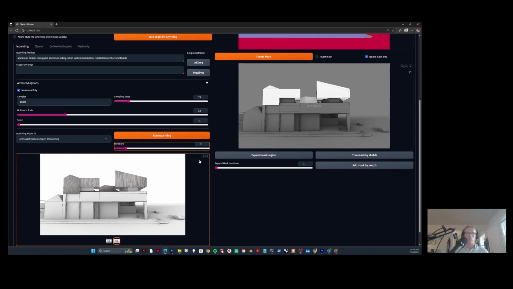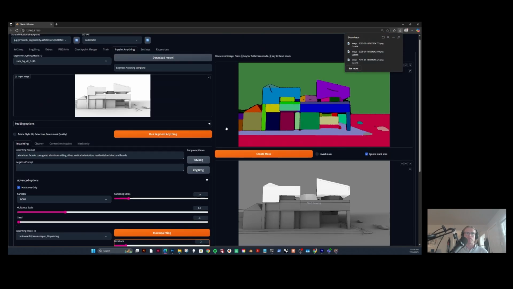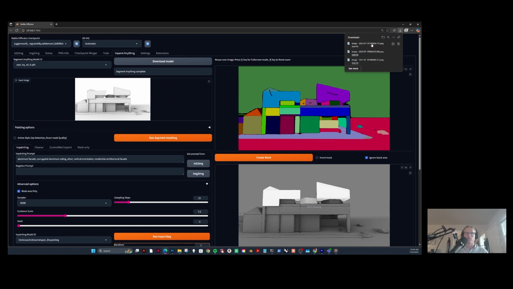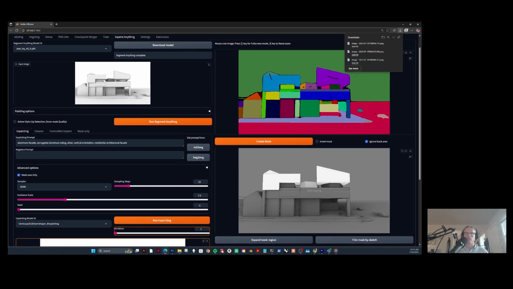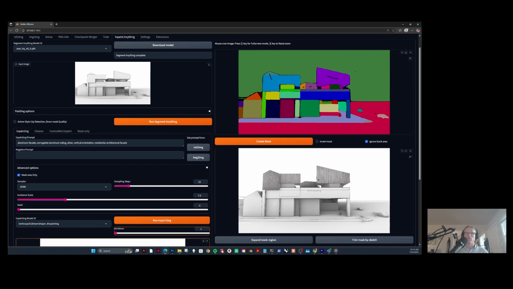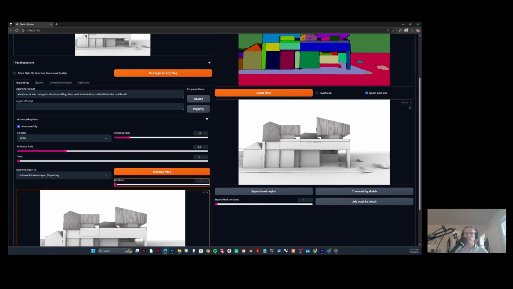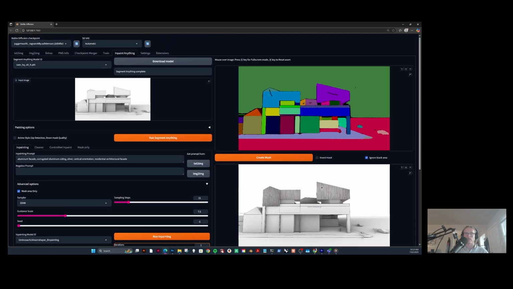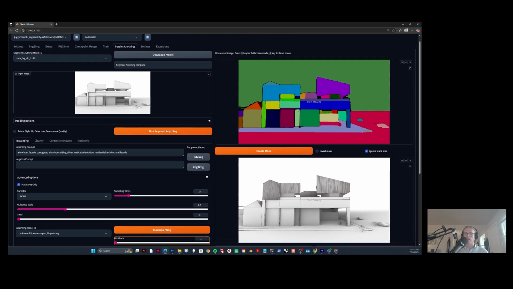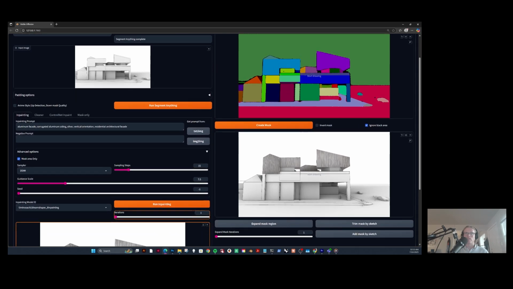So what I'm going to do, I want to keep filling in these materials. I will download this image. It pops up here, and I can drag it back into this in-painting region. So I just dragged it back into this area here. My mask is the same. So I'm going to clear out the selections that I had made. And let's choose these regions here. Okay, I know you can't see my mouse super well, but I'm selecting these under